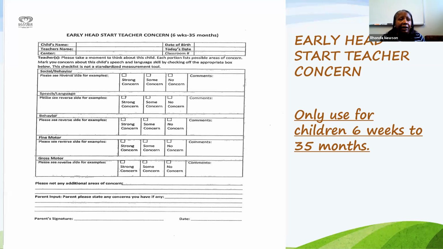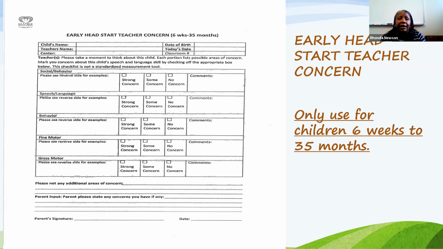If it has to be daily, I hope it's not daily, but on the same issue, because a parent doesn't want to hear the same thing every day. But at least have a conversation about the concern that you put on this teacher concern, because you have a rapport with parents and you want to maintain that rapport. So please, please, please have that conversation with that parent.